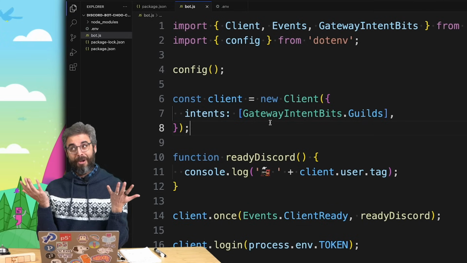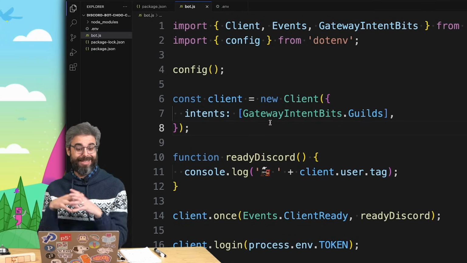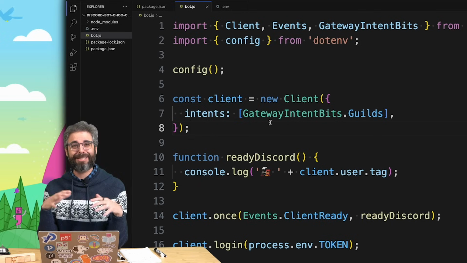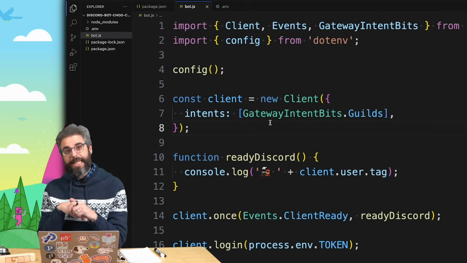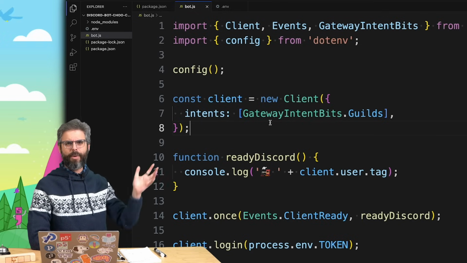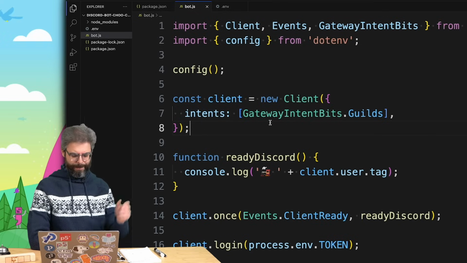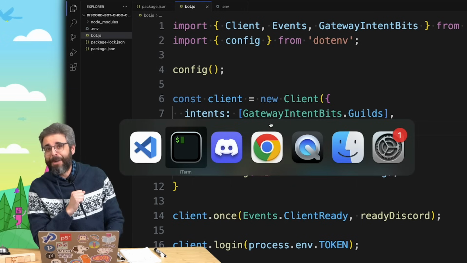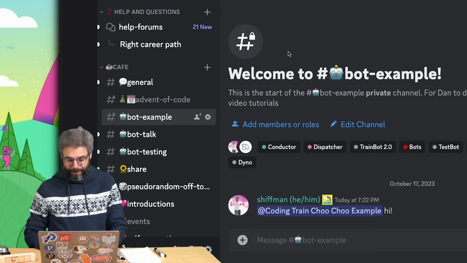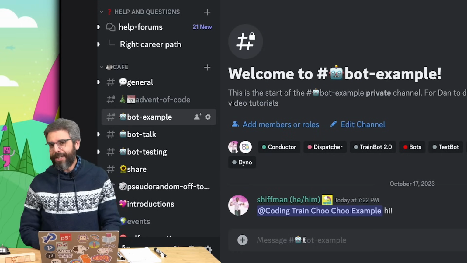All right, so on the one hand, I could stop here because this is the basic setup, but the bot can't actually do anything right now besides log in. One of the ways to interact with bots is through something known as a slash command. So right now we're on Discord.js 14. I forget what the version of the Discord API is, but a long time ago, like 6 months ago, a year ago, 2 years ago, it used to be that if you wanted to interact with a bot, there was